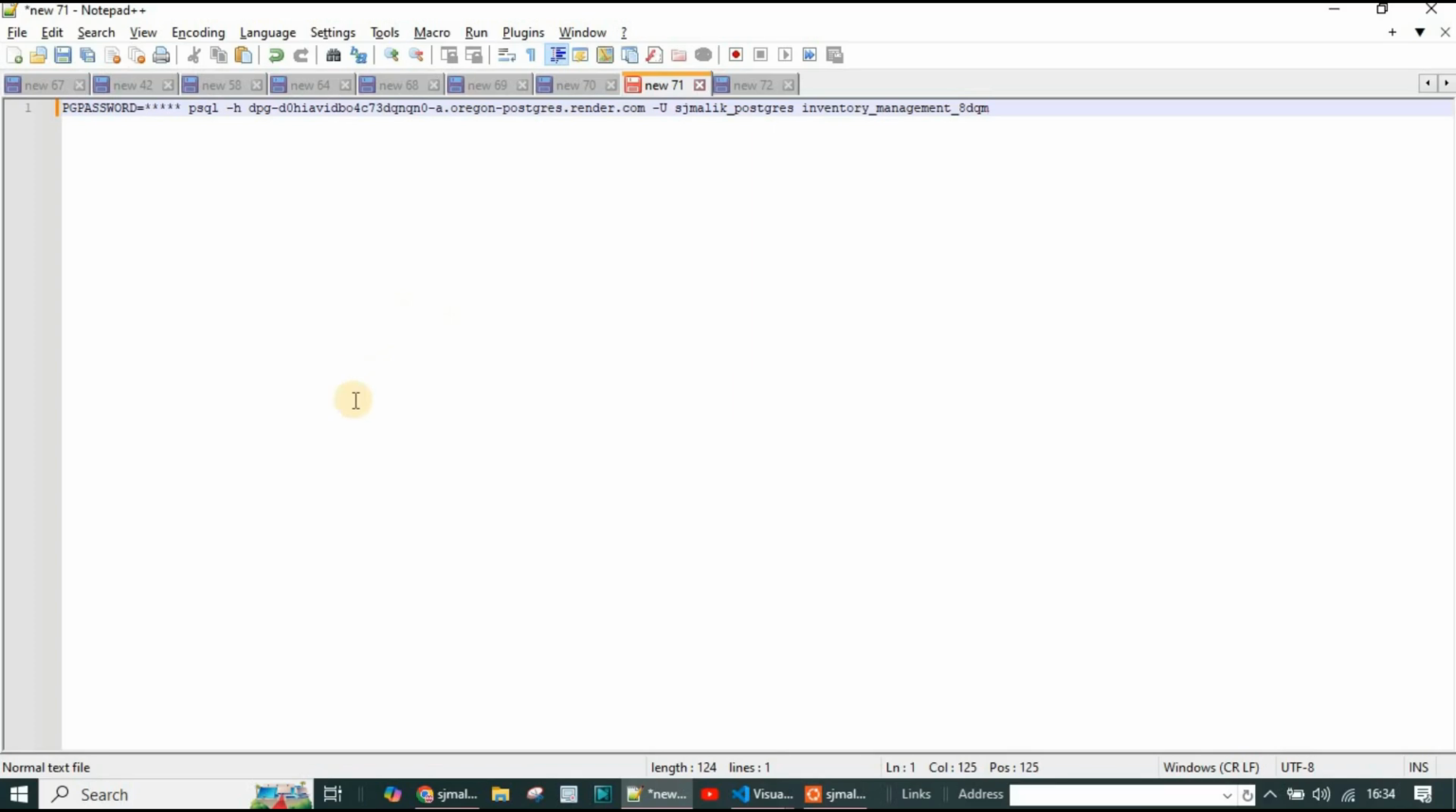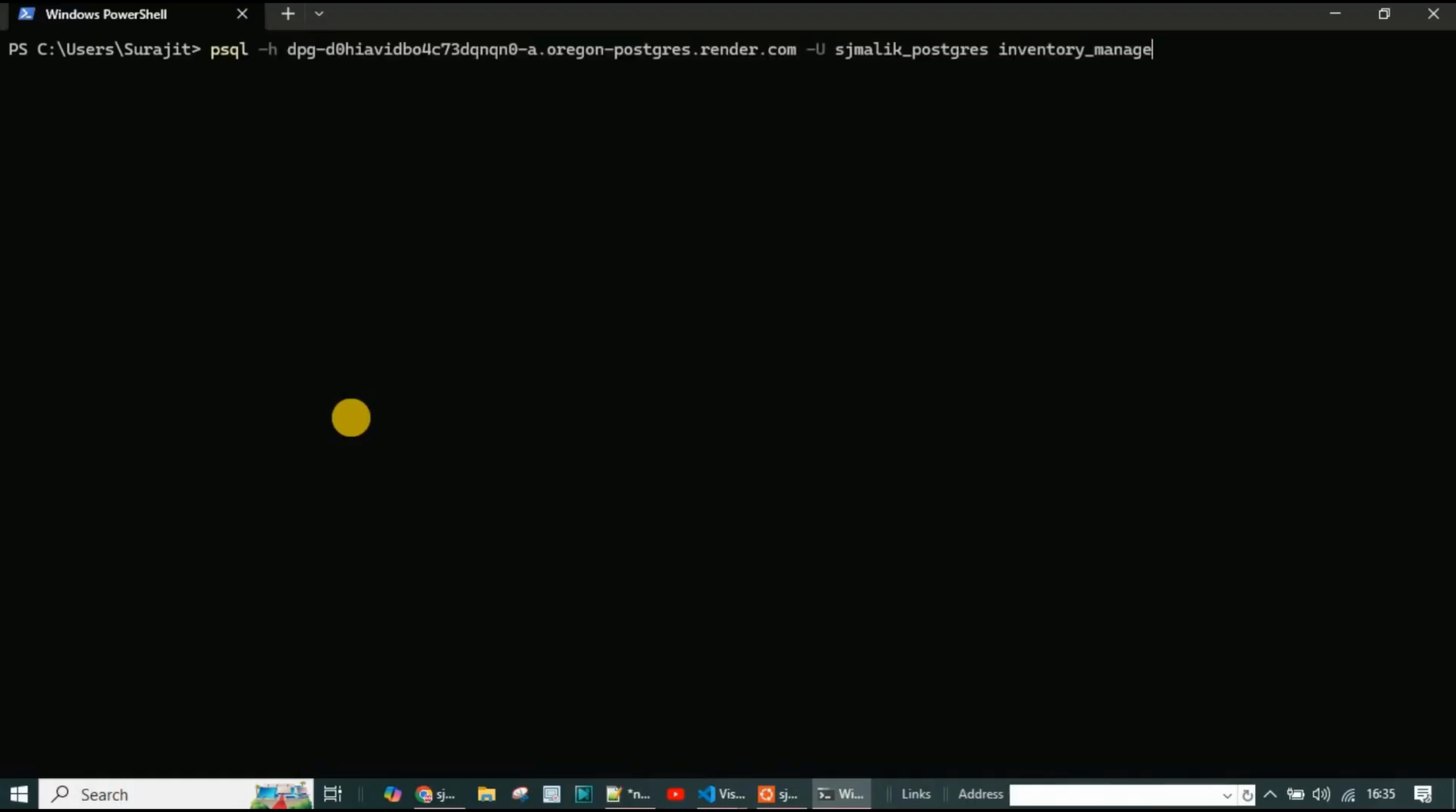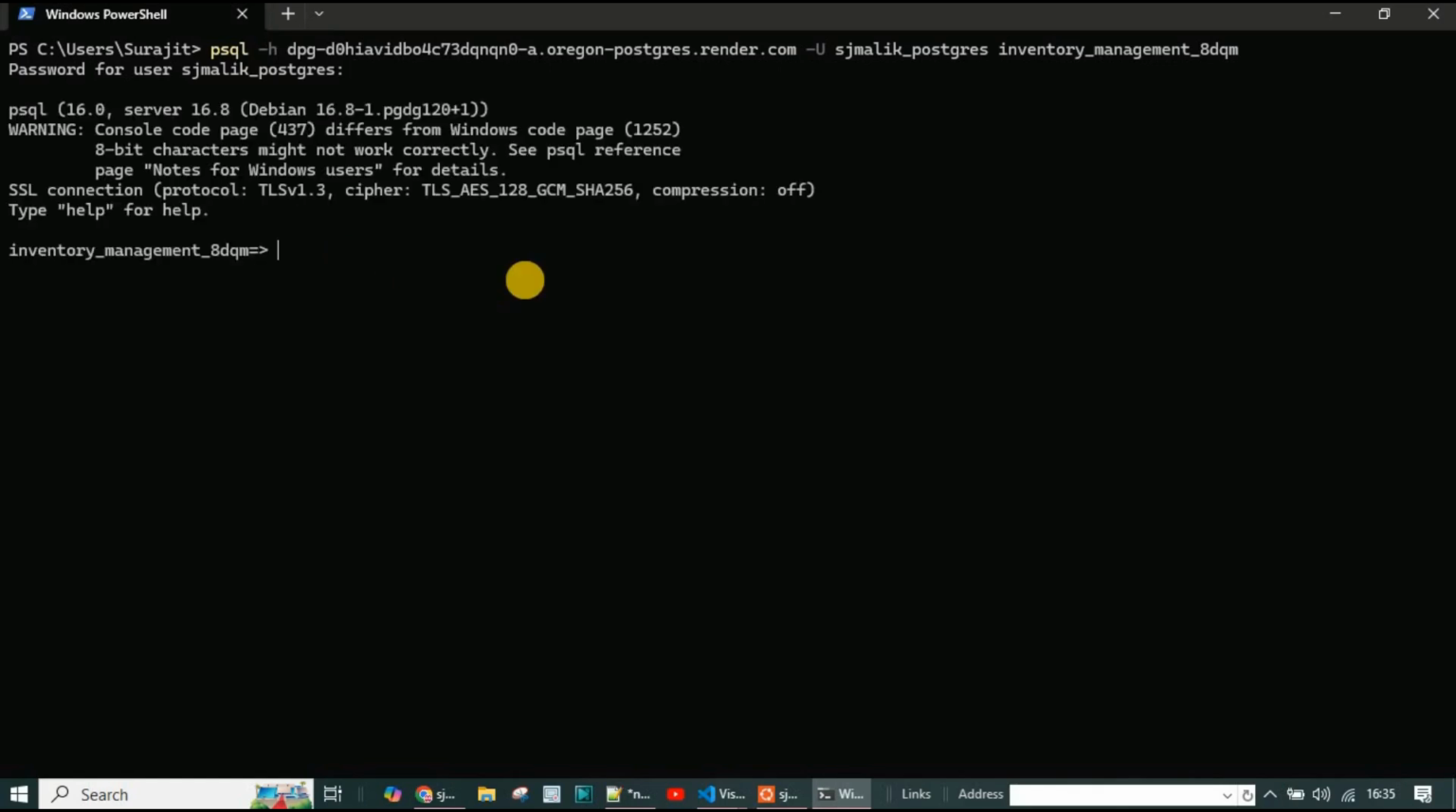So let's try it. You have to remove the password part. You have to copy from psql -h up to this, paste it into the terminal and run. So I paste it over here and it will ask for the password, and you have to provide the password. I provided the password and hit enter. So I am able to access the inventory management remote database, and if I list the tables,